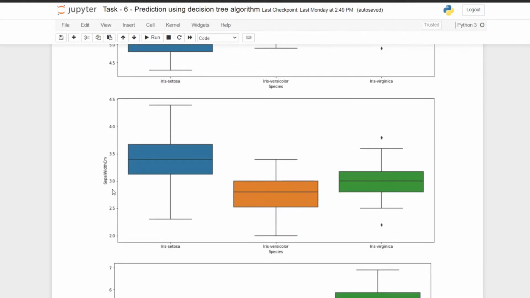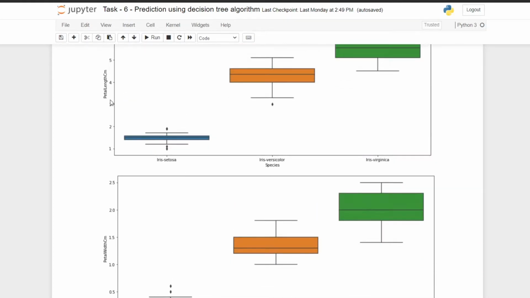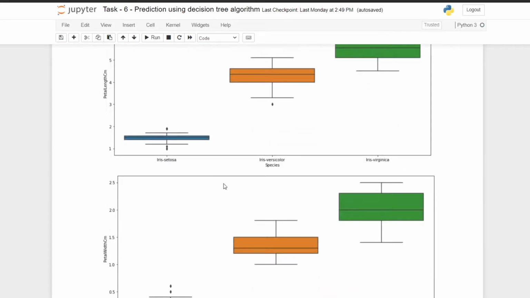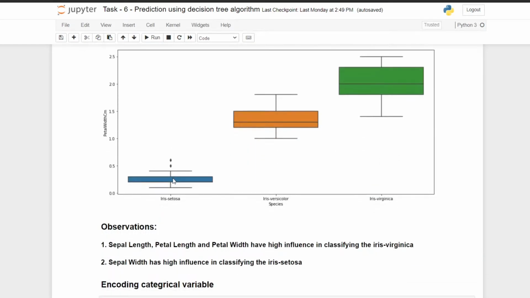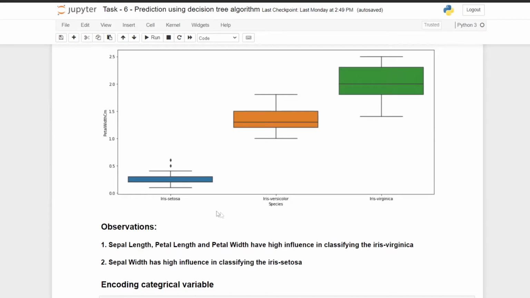In the case of sepal width, it has a high influence in the case of setosa and a low influence in the case of versicolor. The same thing, guys, in the case of petal length: it has a high influence on virginica and a low influence on setosa. And petal width, same thing, has a high influence in the case of virginica and a low influence in the case of setosa.